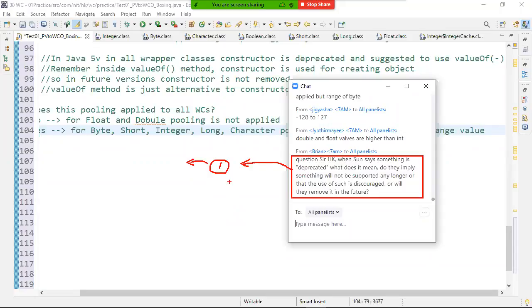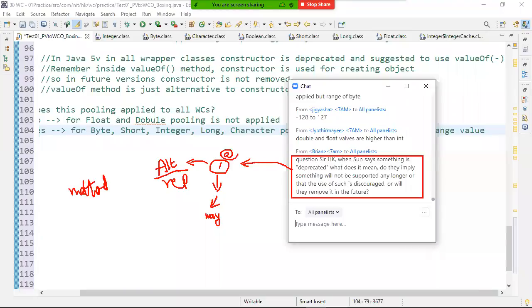Sometimes they provide an alternative and sometimes a replacement. Once marked as deprecated, it is not encouraged to use that API. In future versions, it may or may not be removed. Why take the risk? If they decide to remove it, they may, but currently the constructor cannot be removed.